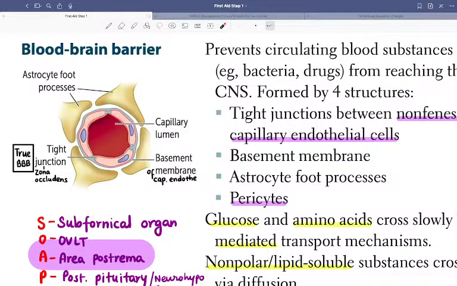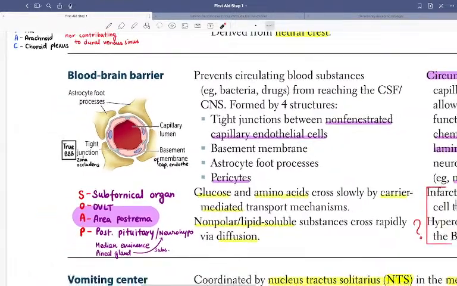Then we have the basement membrane. Okay. Then we had these foot processes, the astrocytes, and then we have pericytes. Okay. Next,